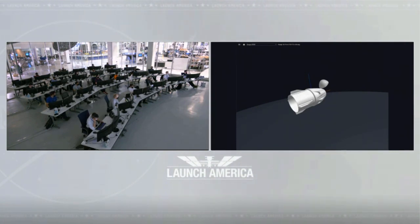In about 10 minutes, we're hoping to be able to chat with Bob and Doug and get some views from their point of view inside of Dragon and hear more about how the ascent phase went for them. Yeah, this is the first time we're really going to hear from them. They've been fully in operational mode the entire time, talking with the team down here in Hawthorne, so they're going to bring us on board. We heard a couple of the exchanges,